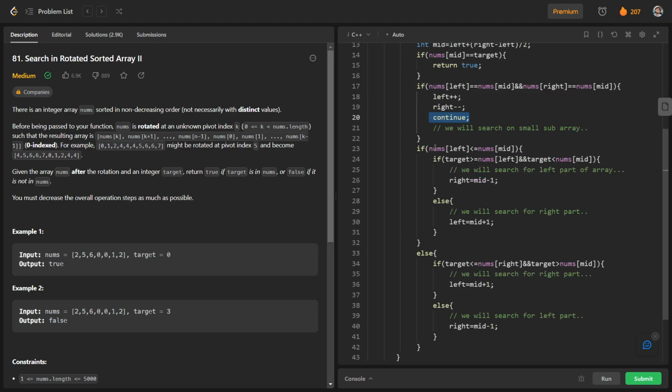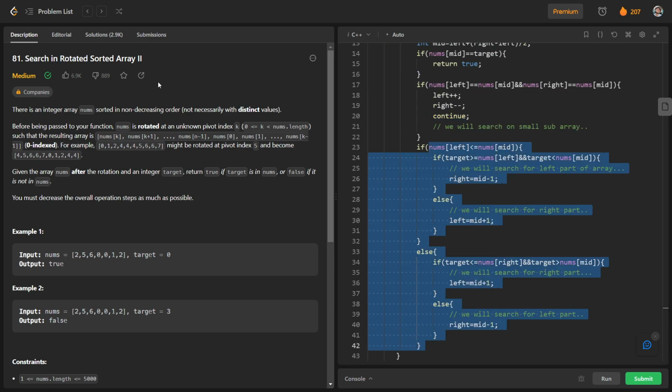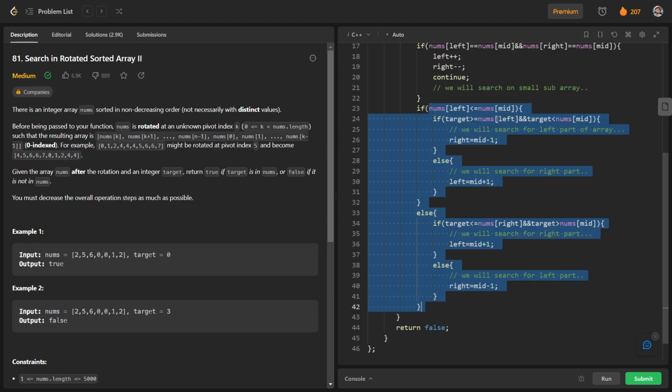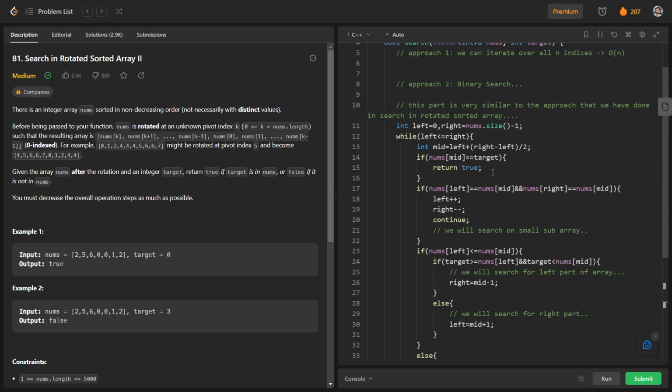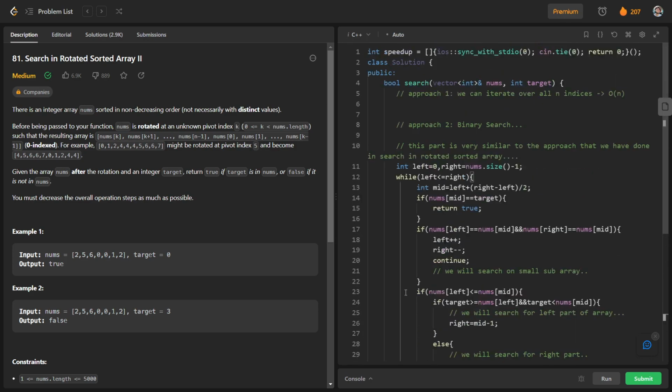Otherwise these two cases are exactly the same as in search in rotated sorted array. You can see how these two cases are working in that video. And if we found nums of mid is equal to target, we have written true, otherwise we have written false. In this way we have solved this question.